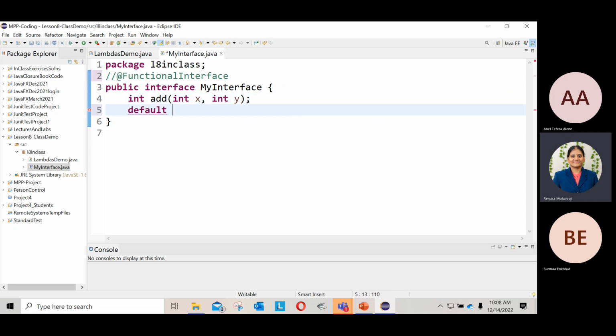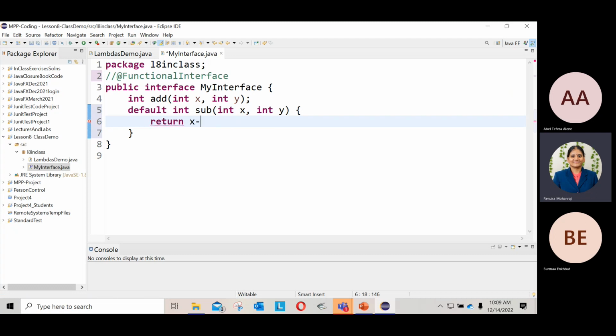Default. So you should understand these signature rules of functional interface. You will have some questions like this. Okay, so I have an int sub(int x, int y). Then I'm going to return x minus y. Is this still a functional interface? Yes.